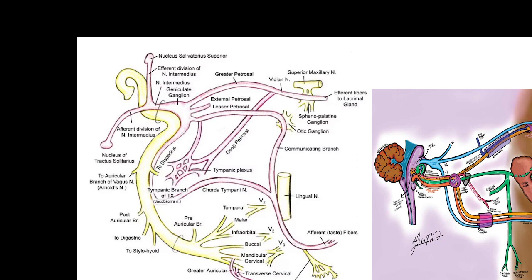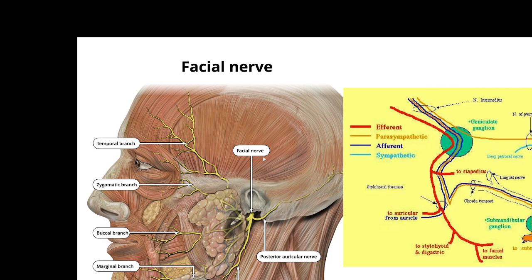The motor components supply the facial muscles, and there is a component which is also supplying the salivary gland secretions. The palpebral muscles are also supplied by the superior branches. So that's the complex anatomy over there. And the temporal branch goes towards the temporal area, the zygomatic branch towards the zygomatic process and the facial muscles over there, and the buccal branch passes to